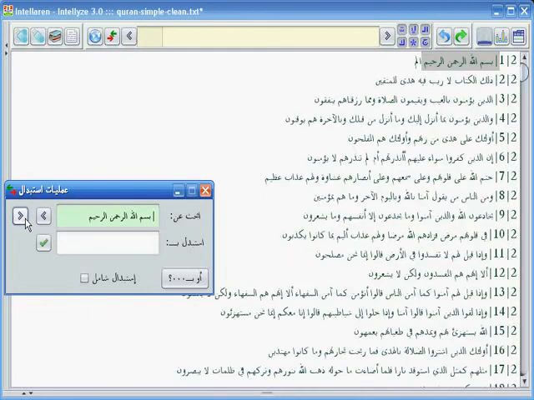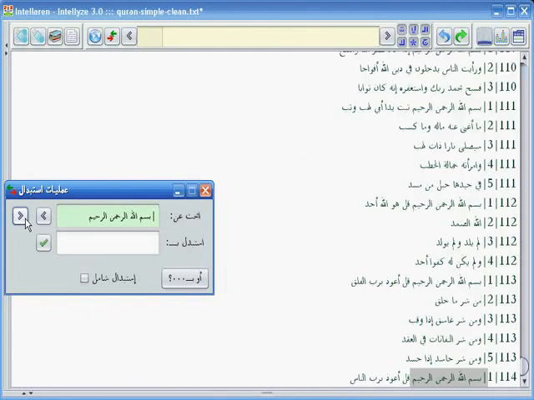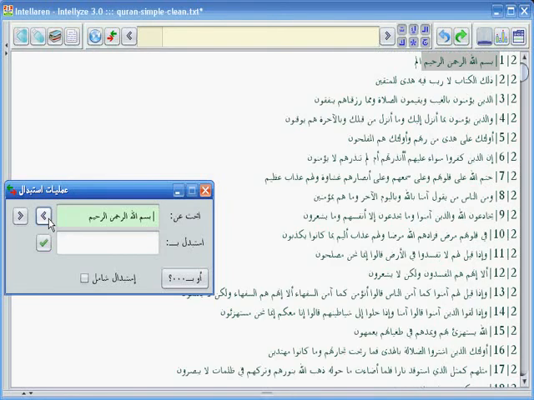Notice that if we keep searching backward, we end up matching our search string in Surah An-Nas, Surah 114, which is found at the end of the file. And here is the next match in Surah 113, Surah Al-Falaq, if we continue searching in the same direction. Let's go forward to where we started from, where the first match is at Surah Al-Baqarah.